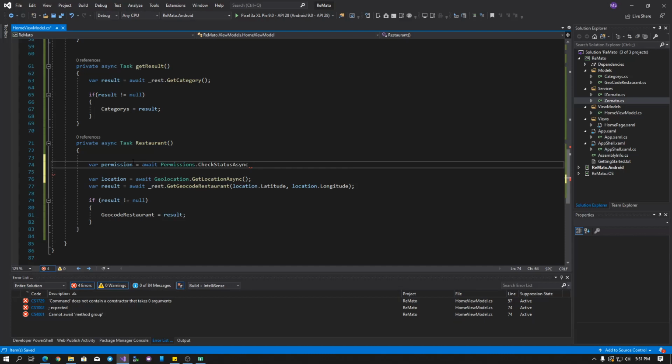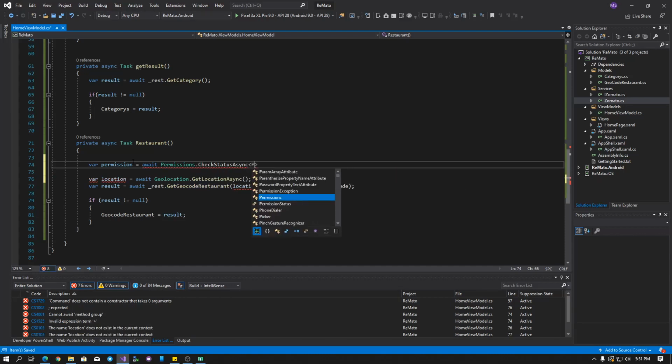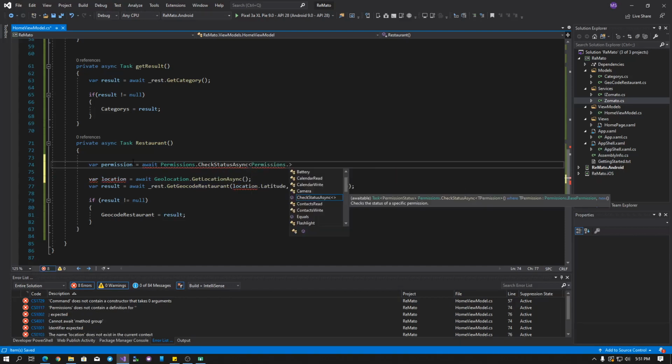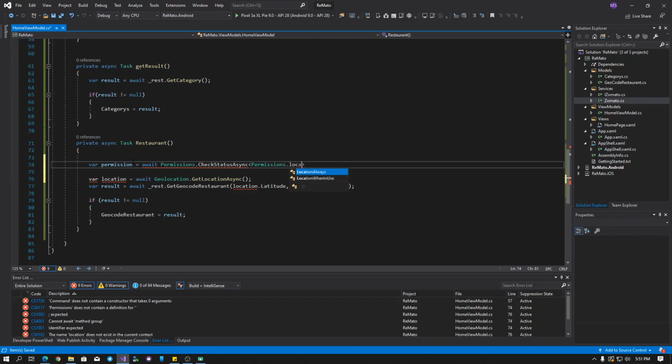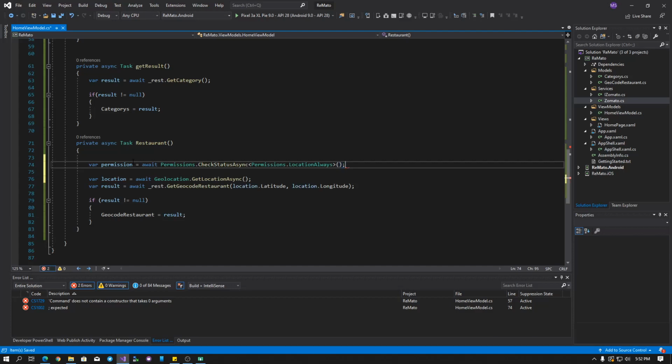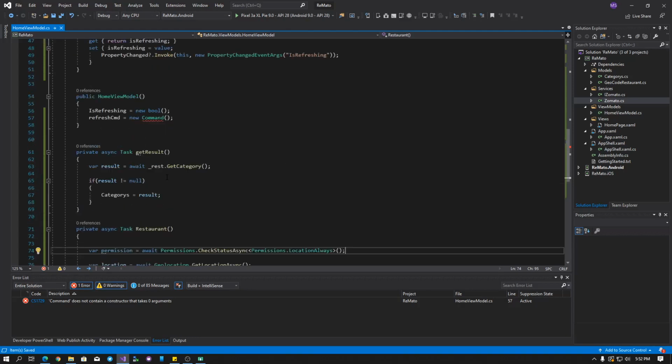Check status. I think yes. Permission dot location. I don't think this is true. Let's just try. Right. So after that, we are going to call